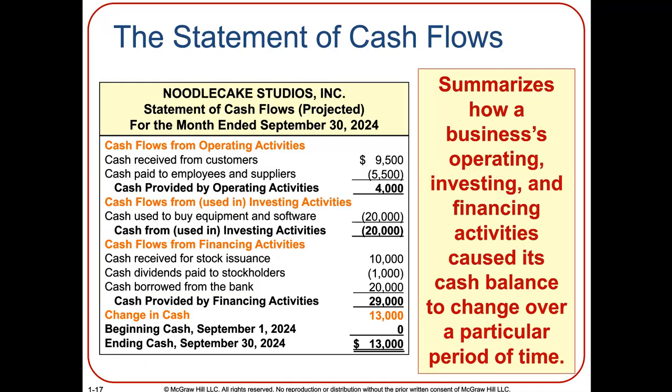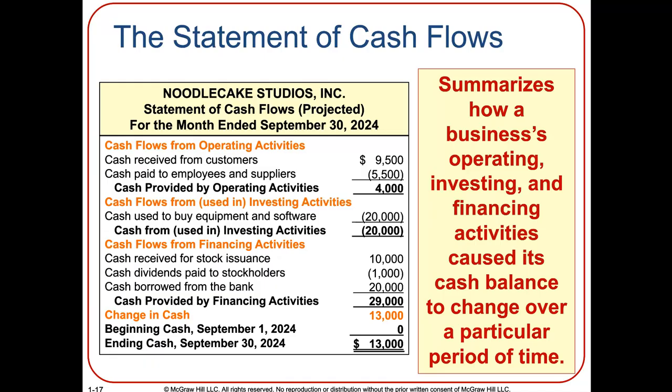We're going to start with how much we had to start with. This company is brand new, so we had no cash to start with. So we know that the change had to be $13,000 between 0 and 13. So now we've got all three of those items down there at the bottom. Now we've got that nailed down. We know that it has to be 13 of the change. Now let's prove the change. So in the change, we are going to break it out between three different